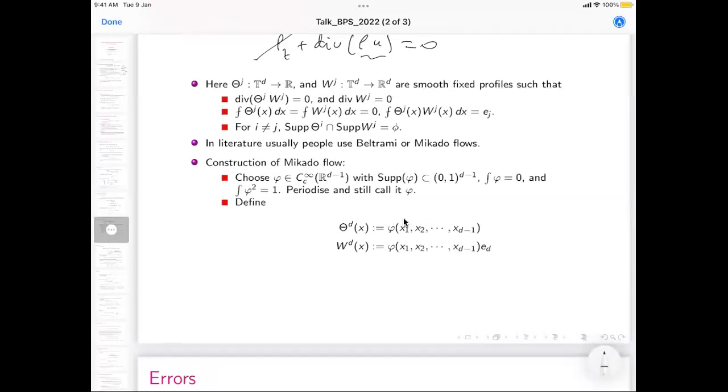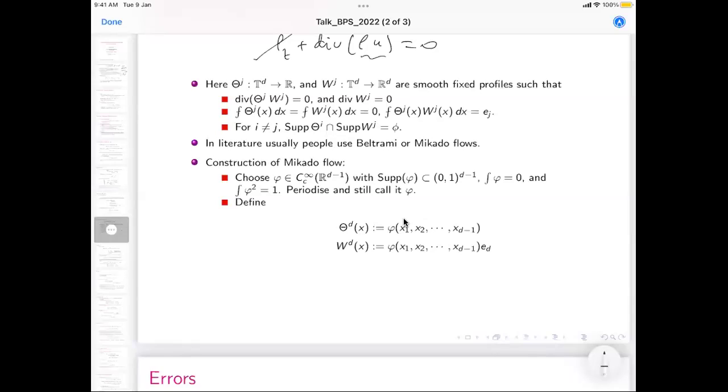This is more or less trivial because this depends on d minus 1 dimension. And this is easy, so in the e_d direction. So for example, divergence will be 0. Divergence of the product will be 0. It will have mean 0 because I have started with this Q which is mean 0. The product will be just e_j because Theta squared has mean 1, right? And the support is